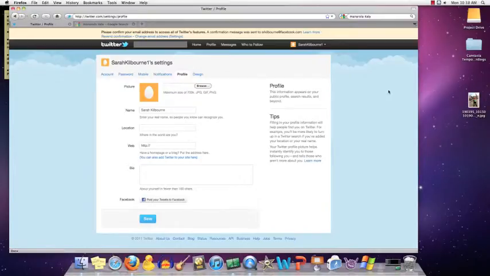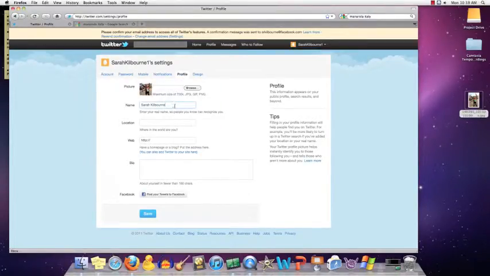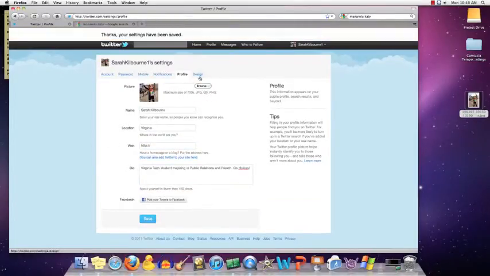Profile. New profile picture. I'm going to go here, hit browse. Profiles is also where you can change your name. Location, website, if you want to put your Facebook here, or if you have a blog account, put in a little bio about yourself. The last tab up here is the design tab, and this is where you change your